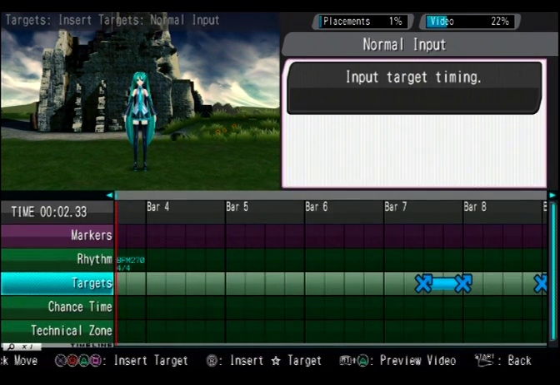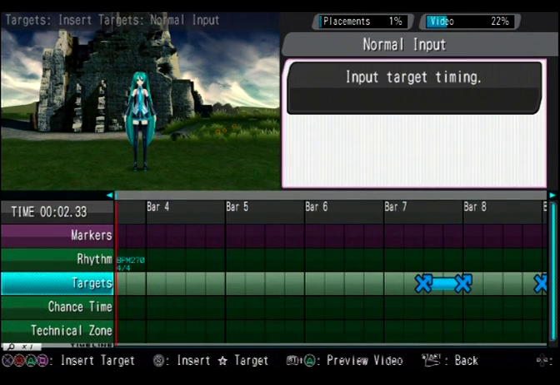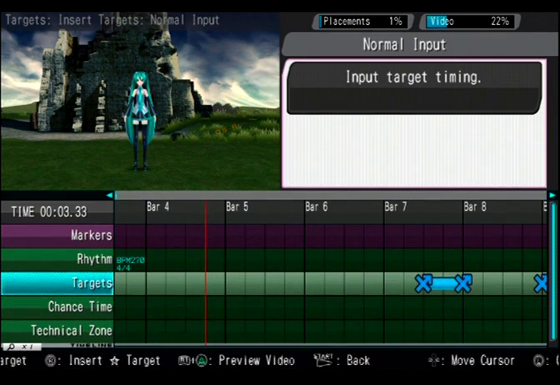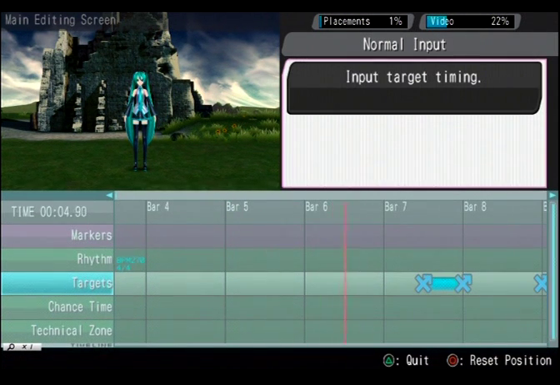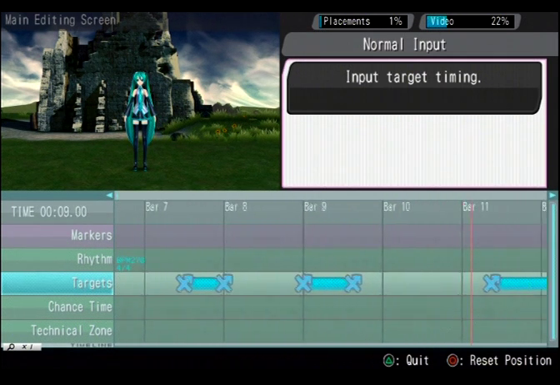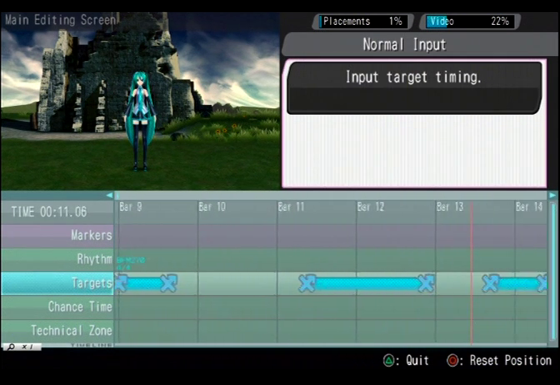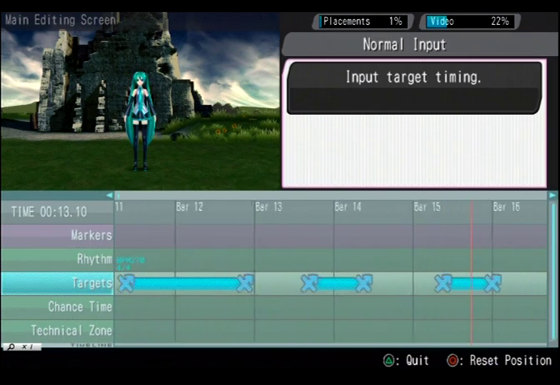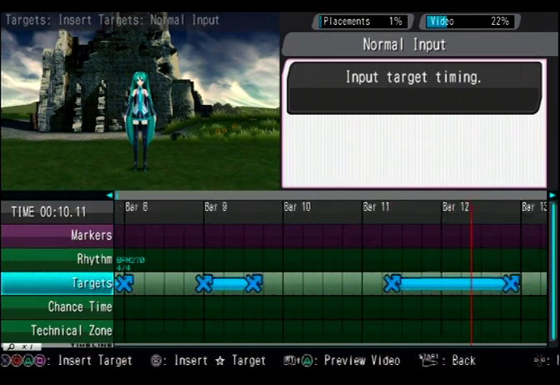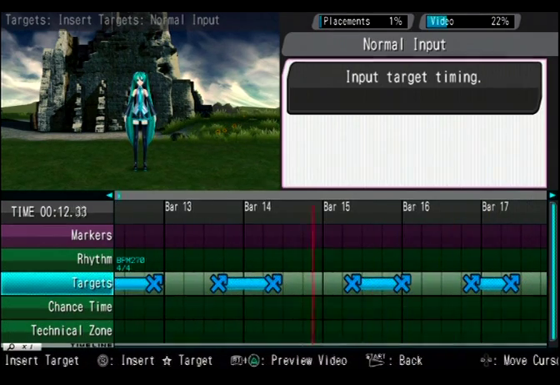I could just hold the button down for 2 notes instead of just 1, but that's easy mode. We're not gonna do that just yet. We're practicing, come on. No. Alright, but we're close. That's pretty much all that matters at this point. Because